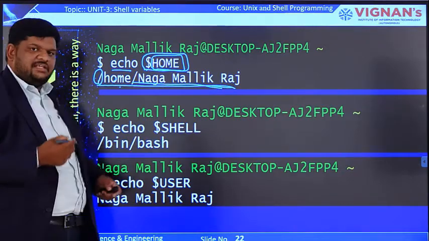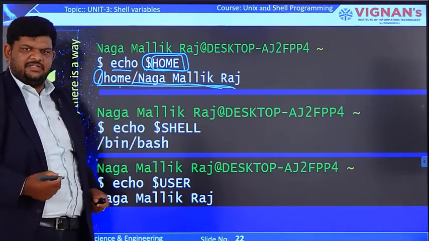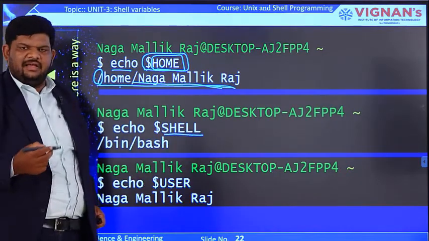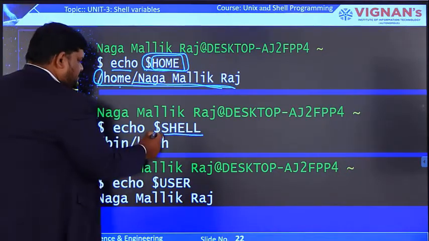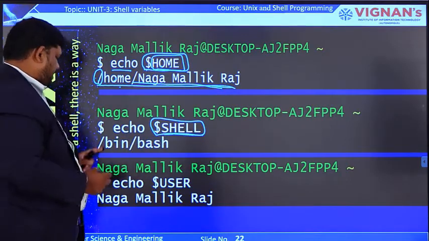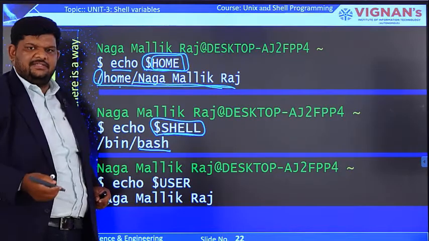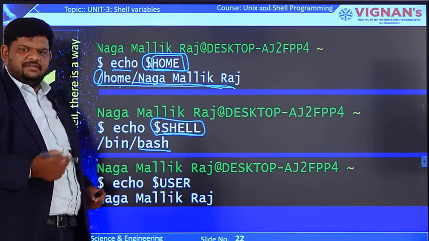Next, if you want to check the shell, I want to know the details of the shell. For that, the environmental variable is SHELL in uppercase. So echo $SHELL. The answer is the bash shell. If it is the C shell, the answer is csh. If it is the Korn shell, ksh.